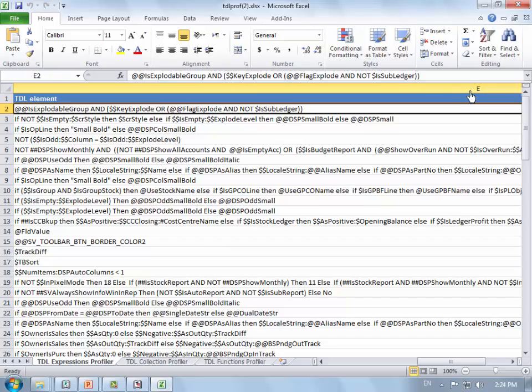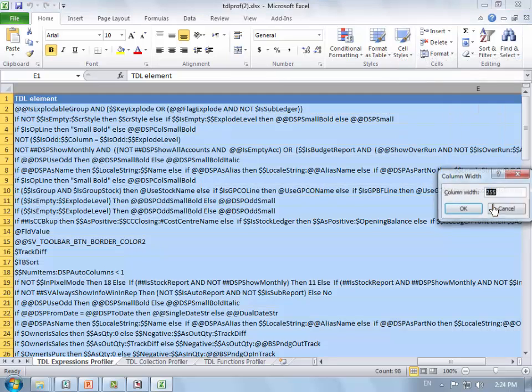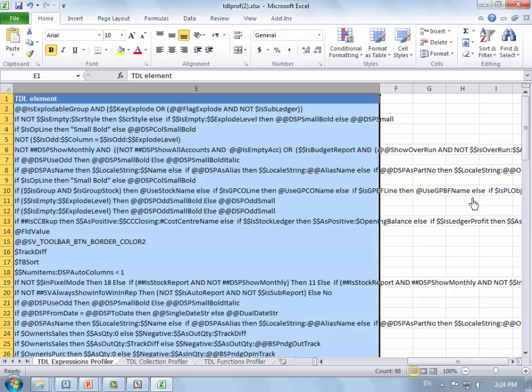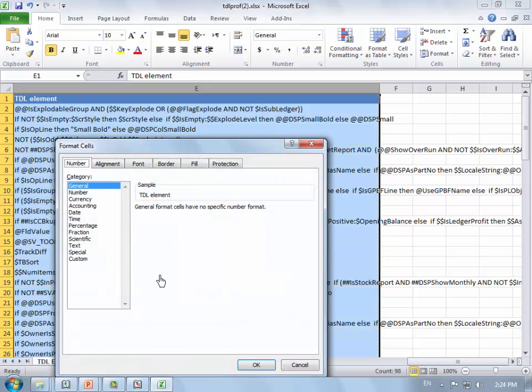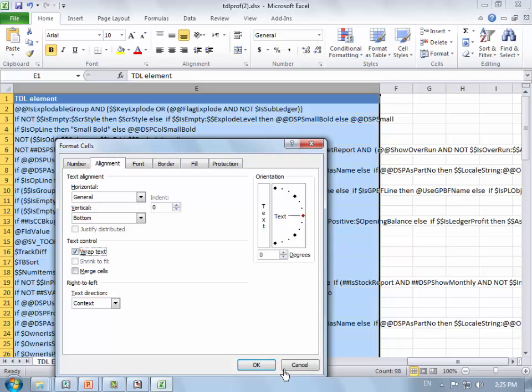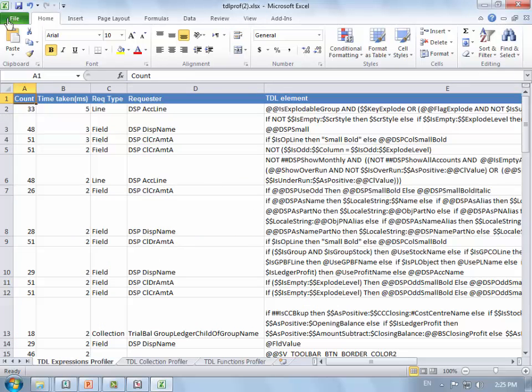So we'll just reduce the width of this column. We'll make it 100 so we can read it, and format cells and line wrap text. So it comes into a readable format for us, at least within the same page.